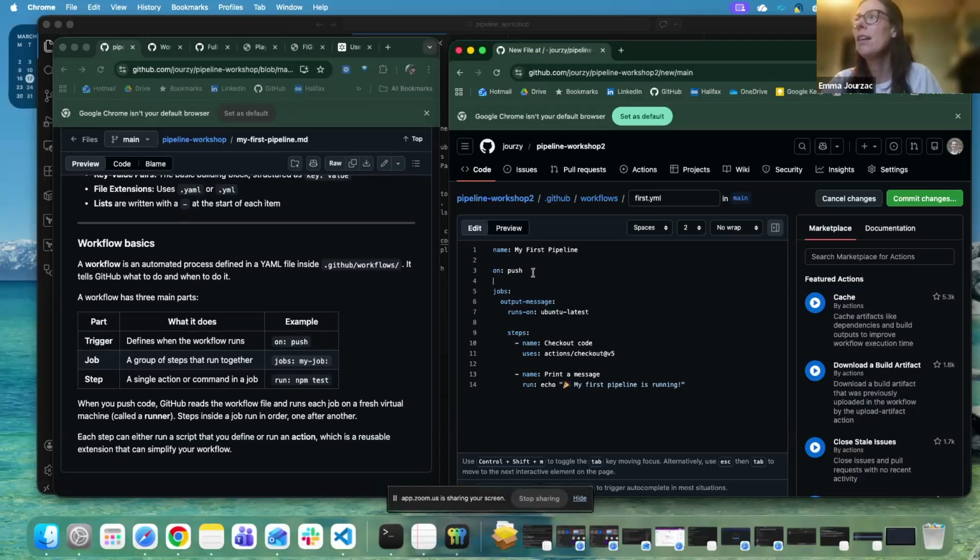So on is our trigger, okay? So it tells us what needs to happen for this pipeline to run, this automatic pipeline that's going to do some things to deploy your app, okay? So the most common one that we use is push. And what it means is that anytime we commit any changes to this repository, this pipeline will run. So we can automatically do things anytime we push to our repository, we can run this pipeline and it can automatically do things like